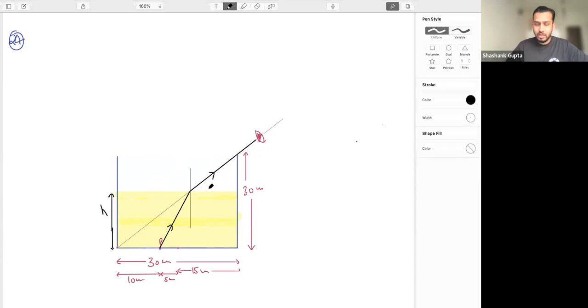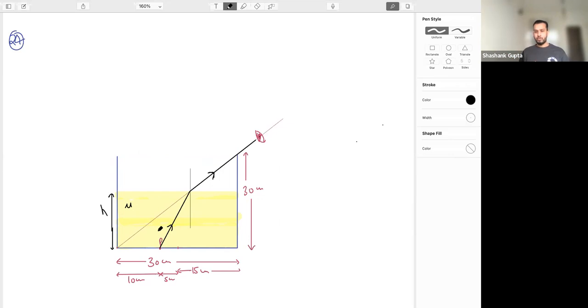Now feel the diagram. At this point P, the ray is going like this at the interface, because this is my water with refractive index mu, and this is air. So the ray will go away from the normal, because it goes from denser to rarer. If this ray is going exactly like this, can I say finally this eye will be able to see the image of P because of the refraction? Now the diagram is very much clear to everyone.